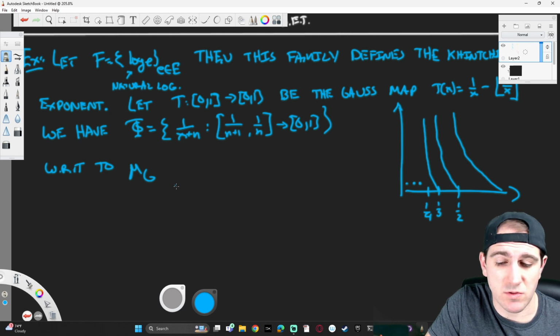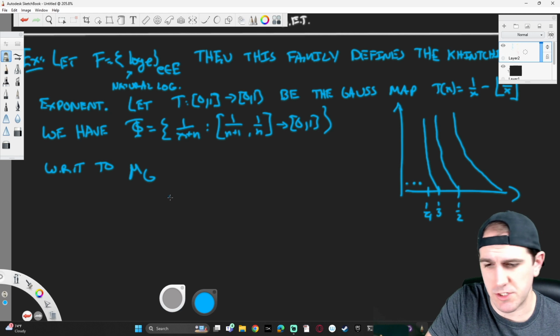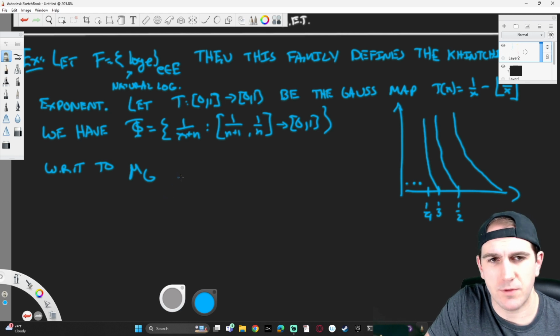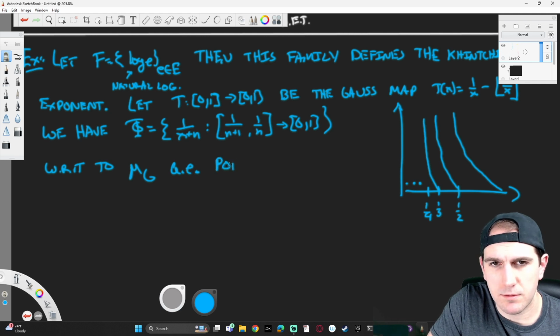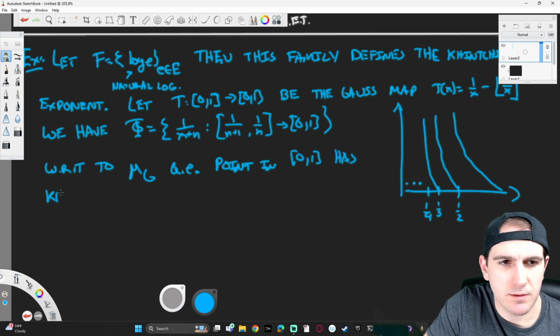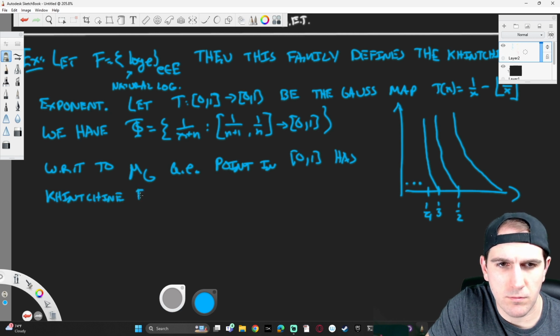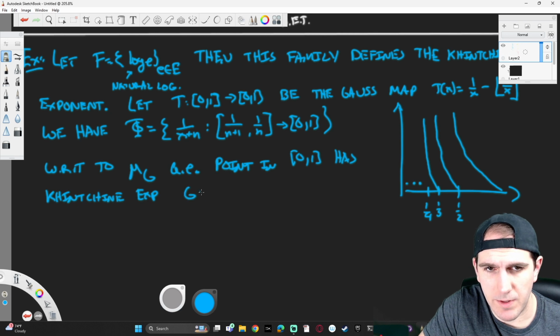So we can also say that this is true for almost every point in the unit interval in the traditional Lebesgue sense of almost everywhere. Almost every point in [0,1] has exponent, or Khinchin exponent, given by